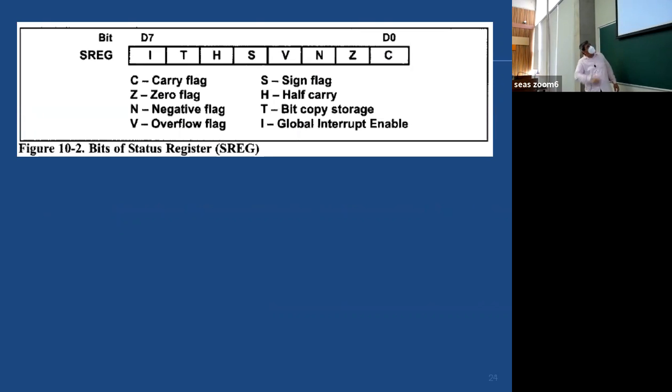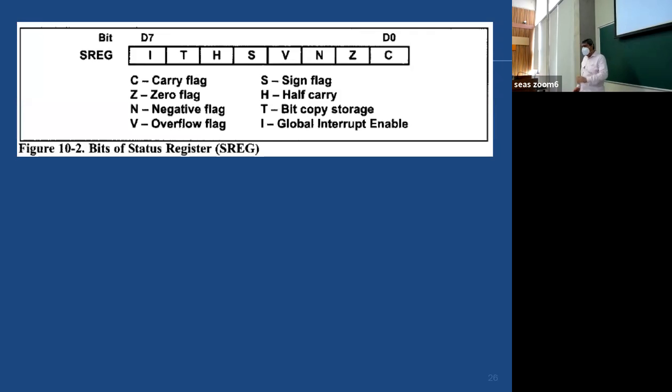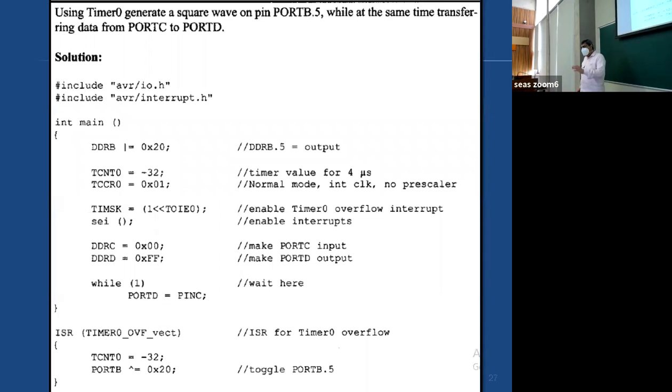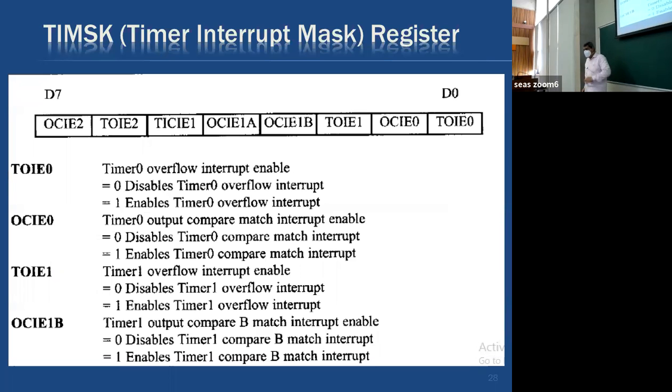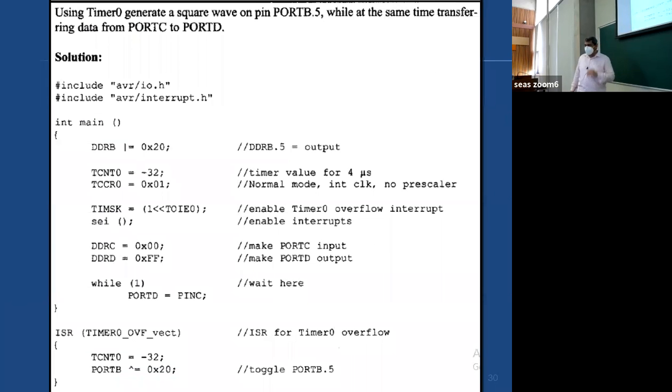The MSB is for the global interrupt enable. We have two instructions. One is to activate or set the global interrupt. Second is to deactivate or clear the global interrupt. And then another is for the specific timer or any other interrupt that you want to activate. This is for the timer interrupt. We discussed this, very similar to the TIFR register. We understood this program,